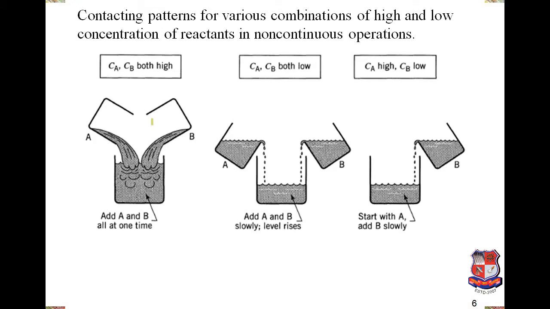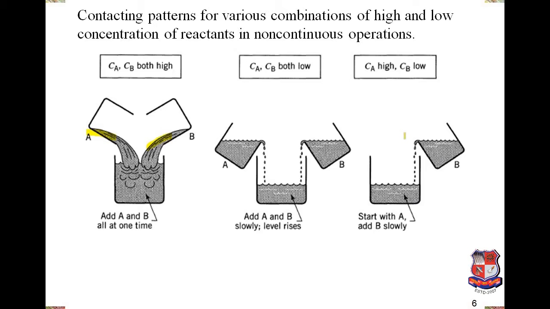So now these are the three specific ways we can add the reactants to the reactor. So if we add A and B both simultaneously with a large quantity, fine, where both are added all of a sudden together in a large quantity at one time. This is another case where we are adding both A and B slowly, dropwise. So what happens here, you can see that all the reactants are being diluted in the total volume. Here both A and B are added slowly, so definitely the dilution will be faster. And here we are adding slowly only one reactant. A quantity is very large but B is added slowly, fine.